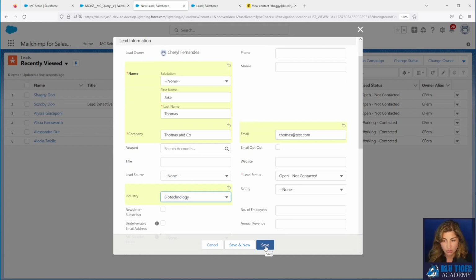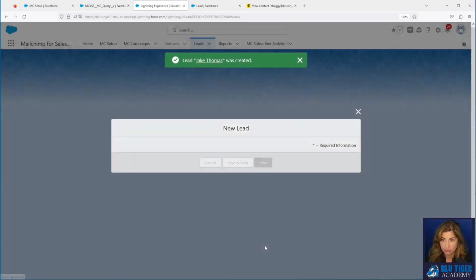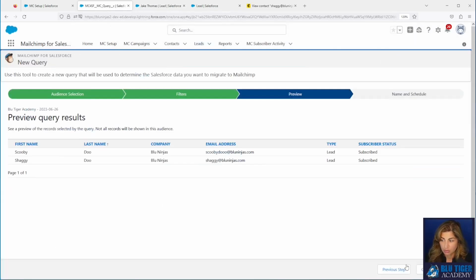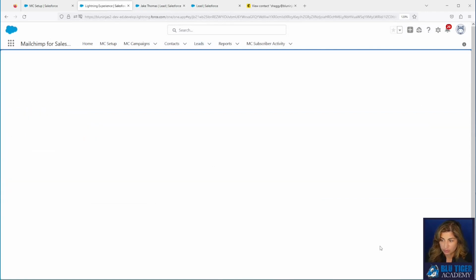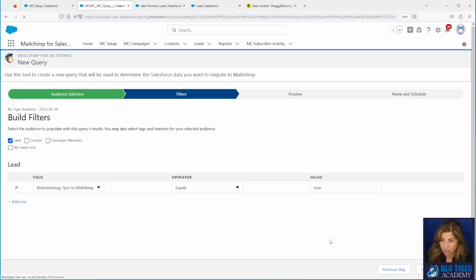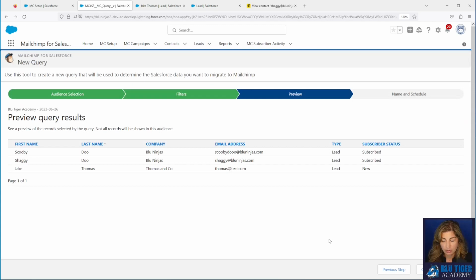So this should fit the criteria of the formula field that we just created. So we're going to go to our previous step, and we will hit next, and we should see 3 people now. So you can get really fancy here with your formula fields to get around the limitations that we're seeing in the member queries within the MailChimp interface here.